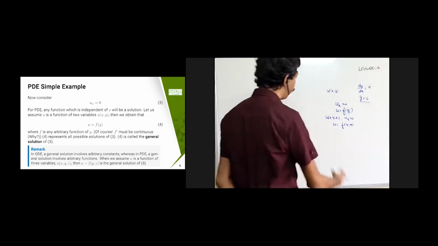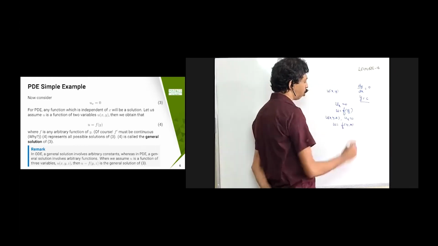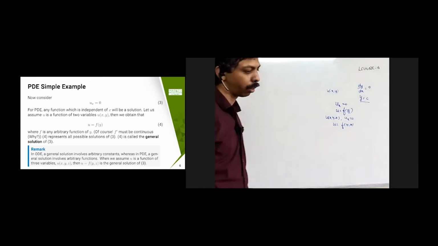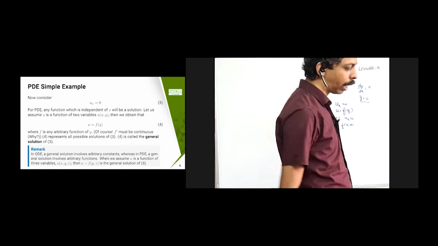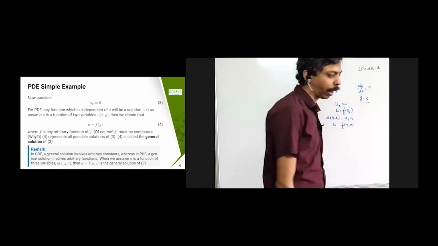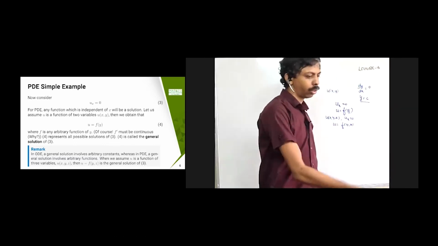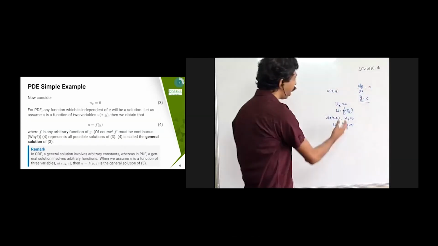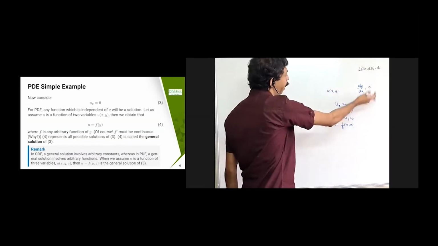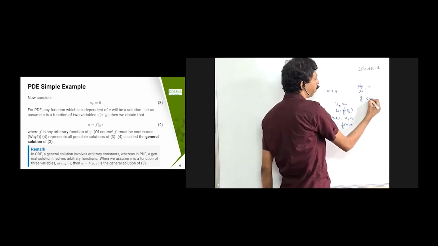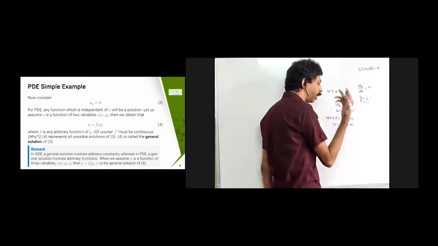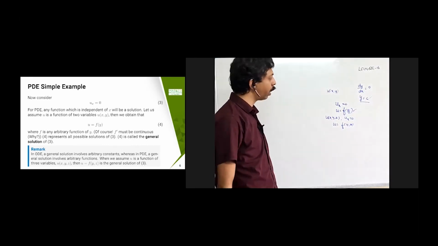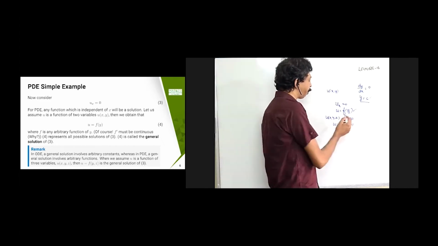So in general, if I have n variables and I am given only ux1 equal to 0, then you can write that u equal to f of the remaining variables. Once you differentiate that, you are going to satisfy the condition that is given. Okay, so the same thing I have given here. Here, any c is an arbitrary constant, and you can take any arbitrary function. F of y can be any arbitrary function of y,